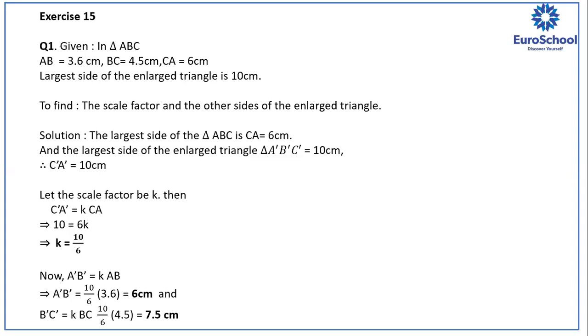Ma'am, the size of one side of the original triangle divided by the size of the corresponding side of the larger triangle. And the large triangle divided by the original triangle will give you the scale factor. Okay, understand this thing. Whenever we have an enlarged triangle, you will always keep the values of the enlarged triangle in the numerator and the values of the original triangle in the denominator. Reason, when you divide it in this way, 10 upon 6, the value of k will be greater than 1. When the value is greater than 1, it means it's a case of enlargement.